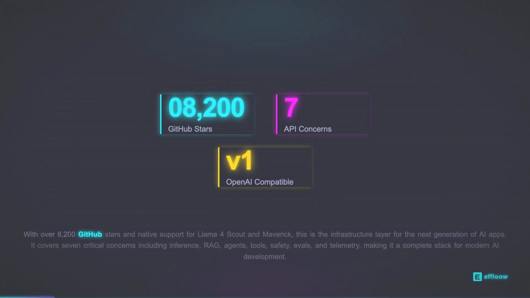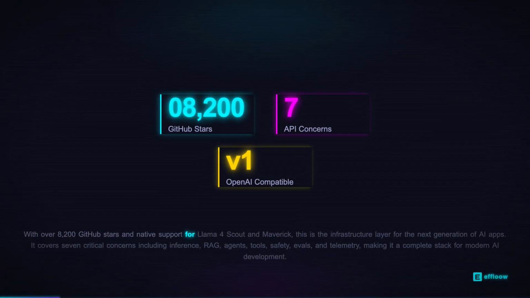With over 8,200 GitHub stars and native support for Llama 4, Scout, and Maverick, this is the infrastructure layer for the next generation of AI apps. It covers 7 critical concerns, including inference, RAG, agents, tools, safety, evals, and telemetry, making it a complete stack for